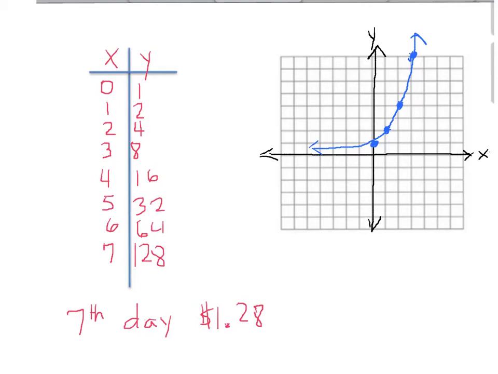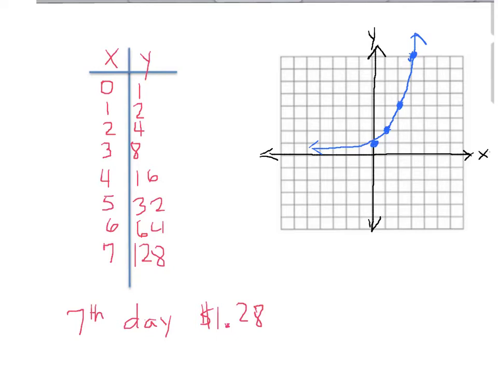From the given information that Math Dude provides, the initial amount given is 1 penny. So on day 0 there was 1. On day 1 it doubles, and so there'll be 2 pennies. On day 2, 4 pennies. And then he goes on to say that at the end of the week, on the 7th day, is 128